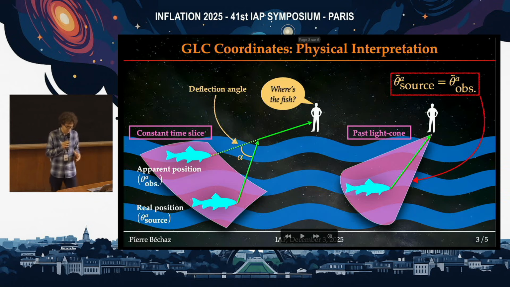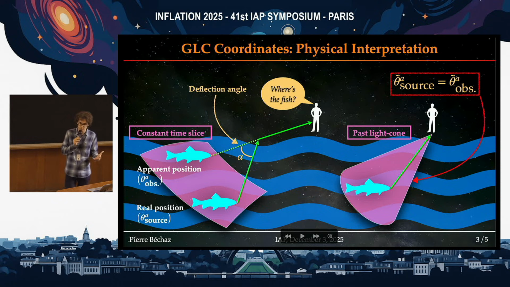So to give you the main idea of what's going on, suppose that you are at the sea and you would like to measure the position of a fish in the water. And we know that because of refraction effects, the real position occupied by your fish, your source, is going to differ from the measured position, the one that you can infer from your observations. And this is because in general we don't use a frame of coordinates which is adapted to how light rays propagate. And if instead you use GLC, you incorporate in some way all the information about distortions directly into the geometrical formalism you use to describe your spacetime.